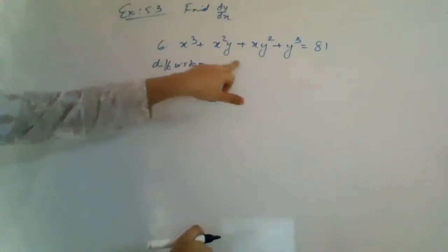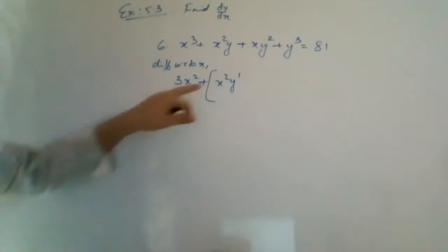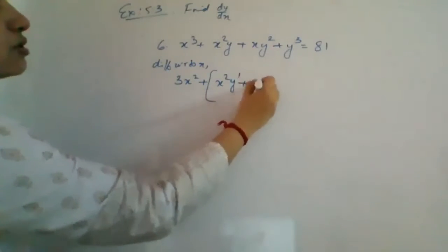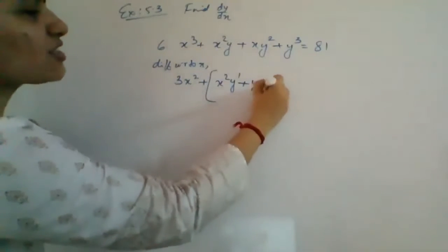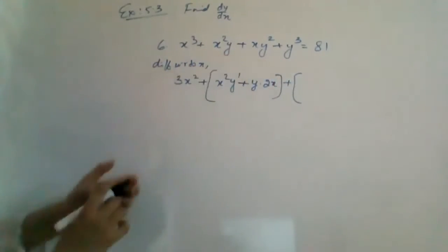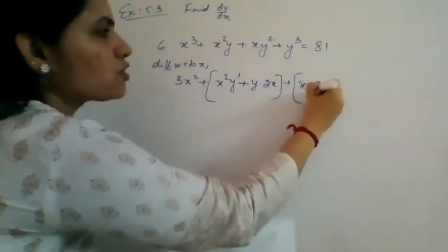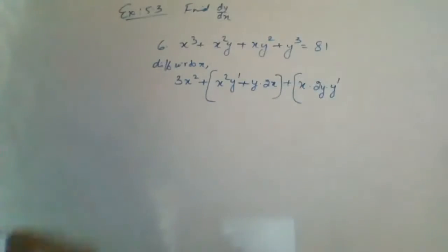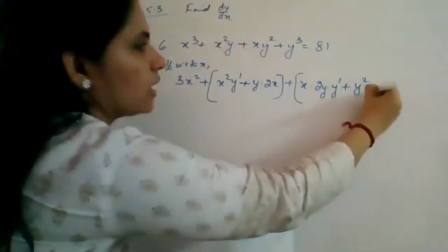Here you have two terms. That means again you have to use product rule, the UV method. You get x square into y dash, x square into derivative of the second function y. Derivative of y is y dash, plus y into derivative of the first function, sorry, first function is x square, its derivative is 2x, right? Plus, again you have to apply here x into derivative of y square. As we do in x square, we have to write 2y as derivative of y square into y dash. 2y into y dash plus y square, second function, into derivative of first function, which is 1.